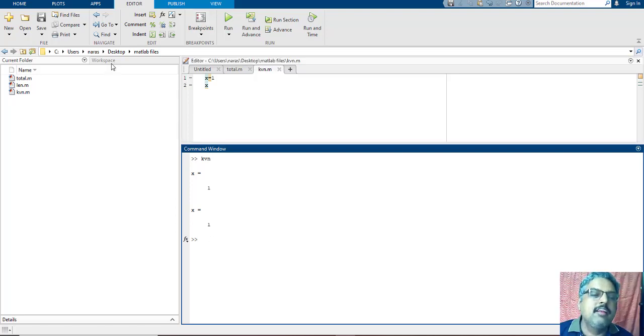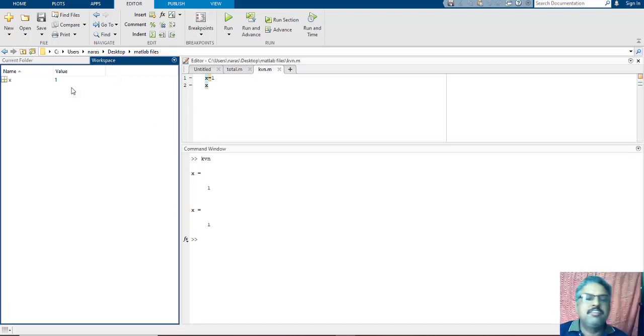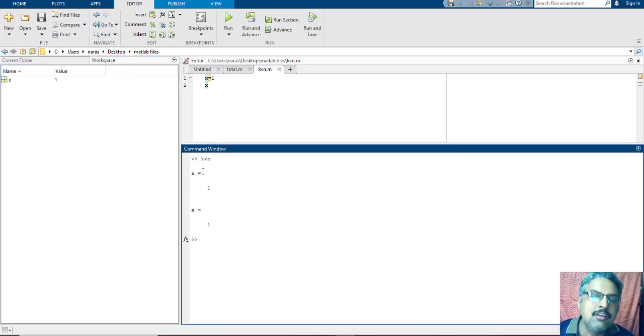Now coming to the second, we can change the positions also, don't worry, using the drag and drop concept. Now this is called workspace. Workspace is nothing but the working variables. In this window we can find the working variables. Here we have used the variable x, so the x variable is available. Suppose you use t equals 23, just for understanding, the t variable is stored